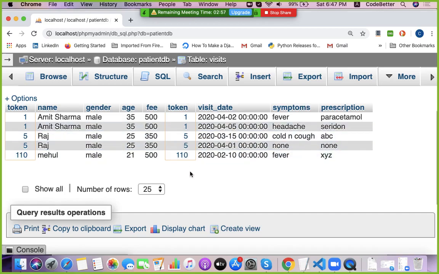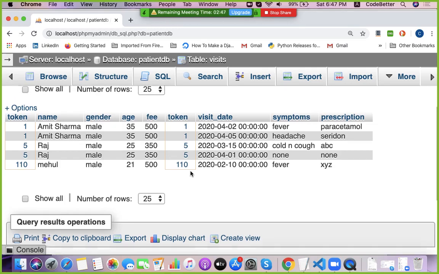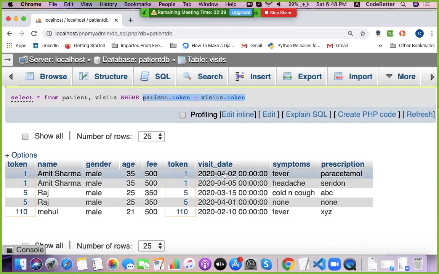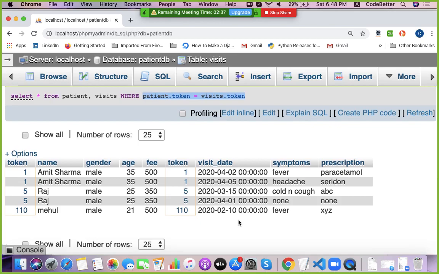So this is the benefit of making a foreign key and also of fetching data from multiple tables using the where clause. So this is how we can combine two tables. Okay, got the idea everyone? How we can combine 2 tables? So these are the records from the multiple tables.